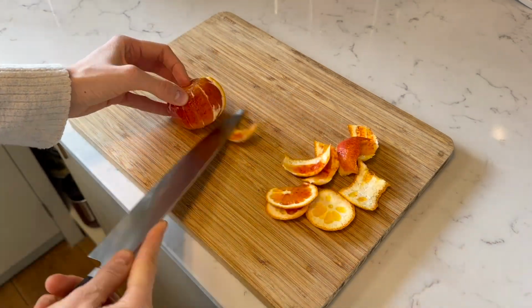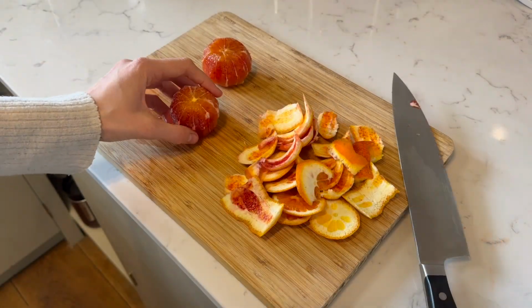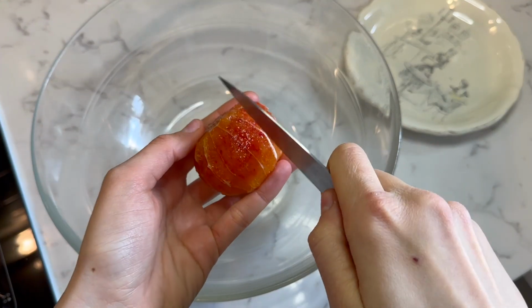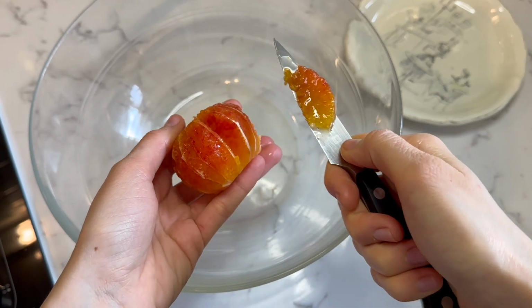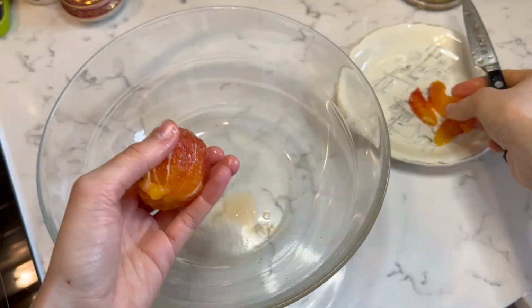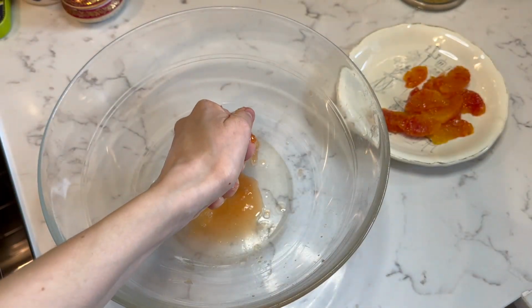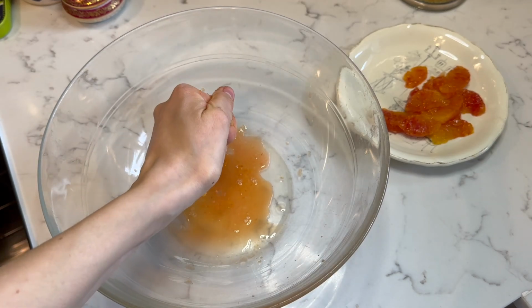You just top and tail it, and then you follow the outside curve with a knife until you've removed all of the skin, revealed the flesh, and then you can go in and cut your little segments just in between each little bit of film. Just be careful, take your time, and work around the entire orange. Then I'm squeezing out all of the juice that's left in there,